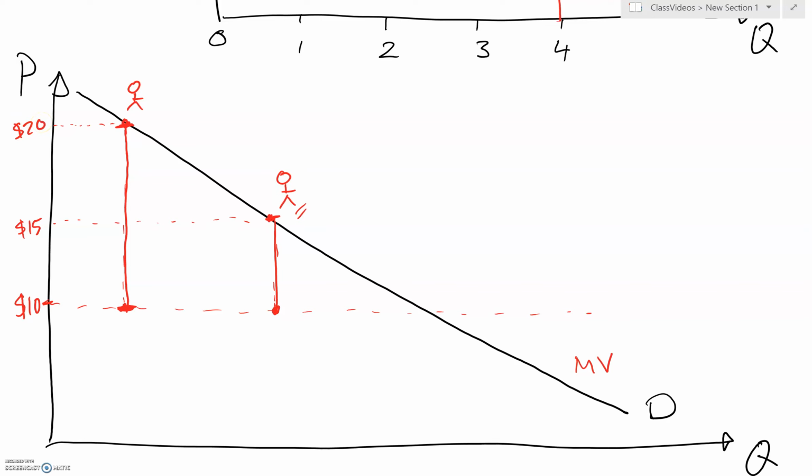Okay? And so essentially what we need to do is add up all of these consumers' individual surpluses to get to market surplus. And remember, there are going to be some consumers down here who have a marginal value below the price, and so they're not going to buy the good. We don't want to count them in our calculations. So what we're going to do is add up